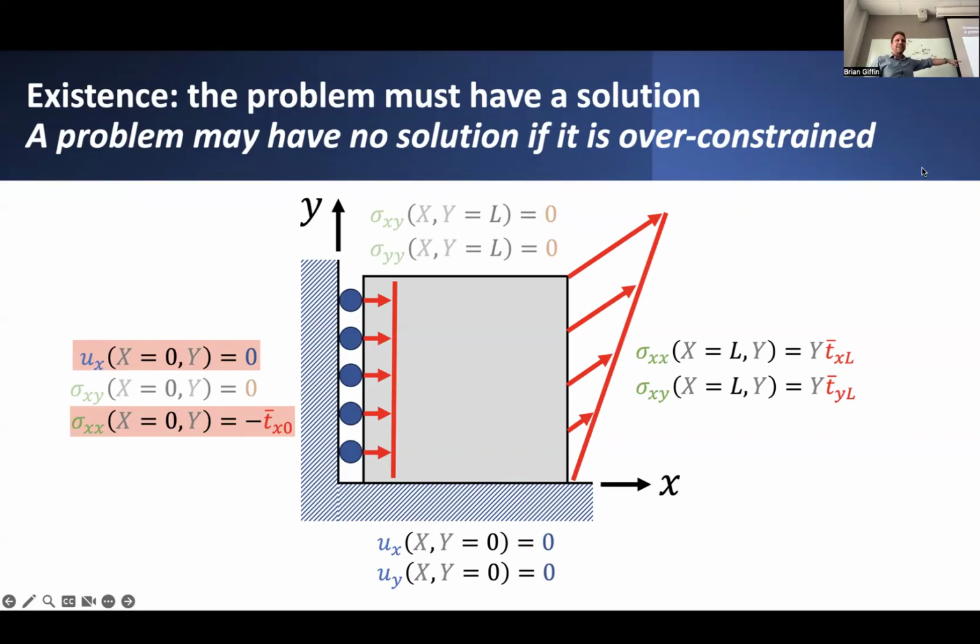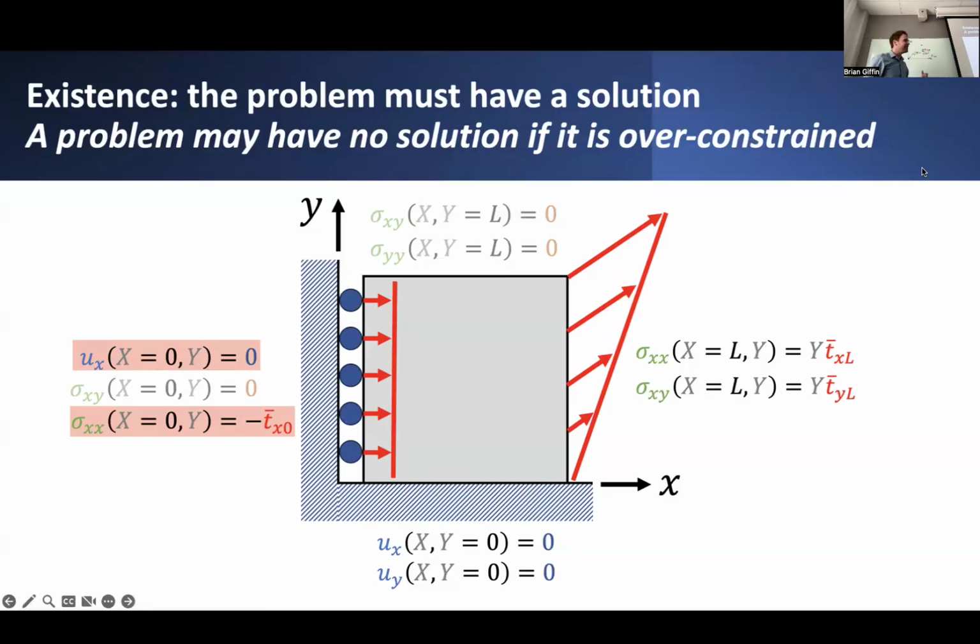Basically, this is equivalent to saying, I'm going to prescribe what the reaction force should be, in addition to also prescribing what the displacement should be at this point. That's just simply not possible. It's kind of hard to actually see why that's the case, but suffice it to say, if you have these kinds of conflicting constraints on the problem, where you're trying to apply both a displacement boundary condition and a stress boundary condition in the same direction,